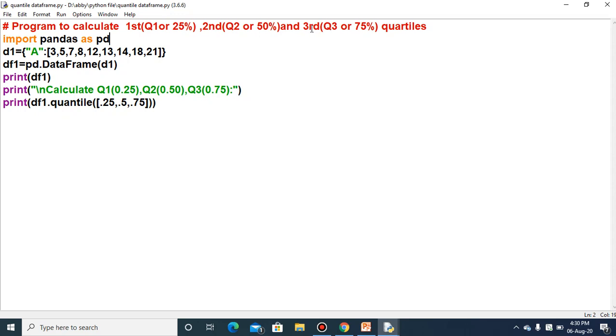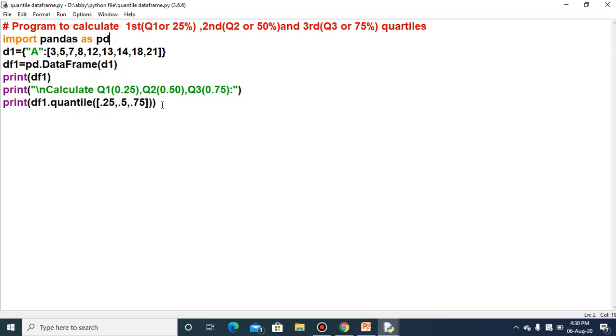Q3 or third quartile or 75% or 0.75. These three will be frequently coming in the examination. So you have to use the quantile function to find the first quartile, which is 0.25, the second quartile, which is the median or Q2, and the third quartile, which is